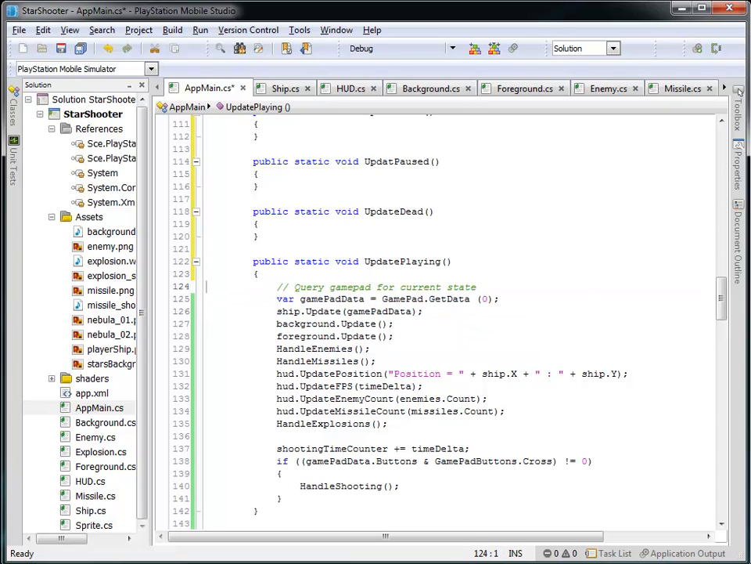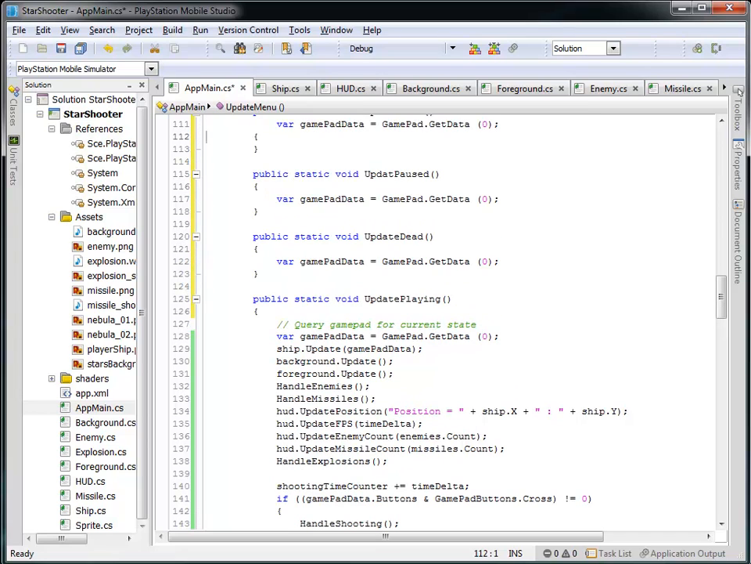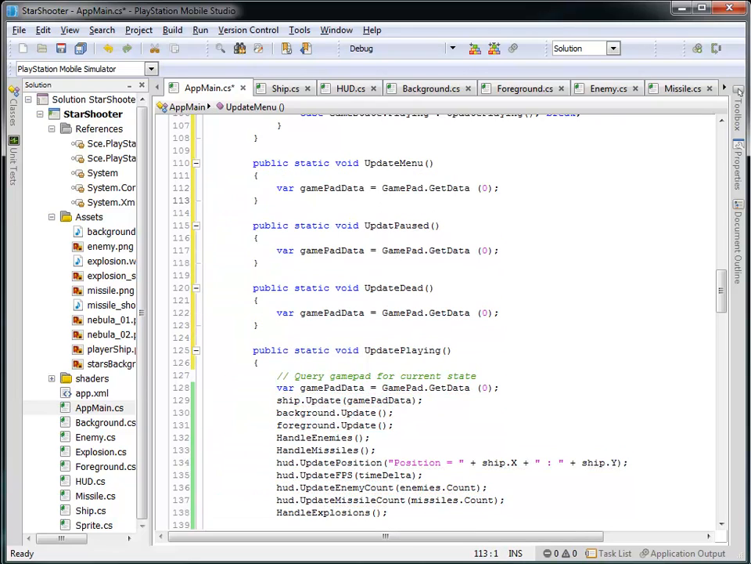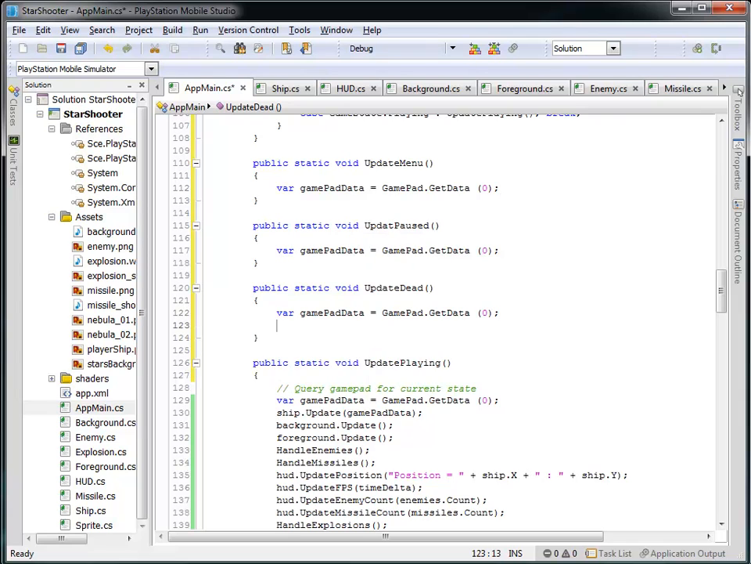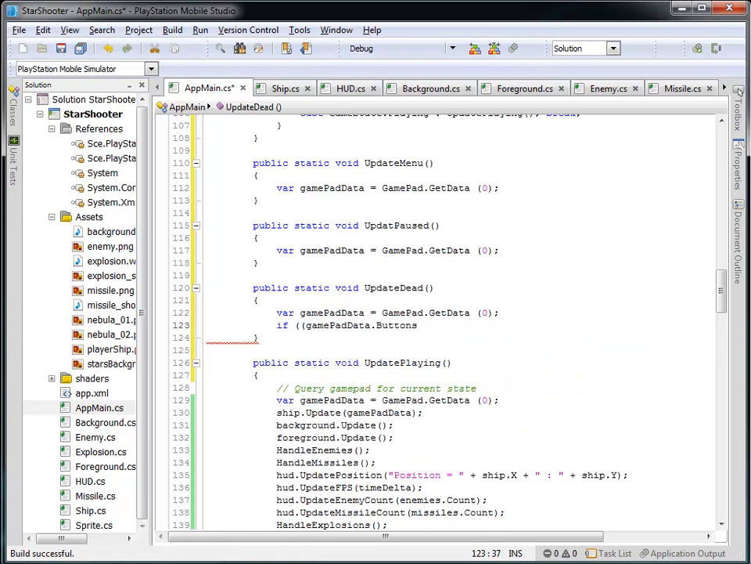Let's go ahead, and I do want to examine the buttons that are being pressed for each one of these. Right, so I'm going to go ahead and say gamepad data equals gamepad.getData of 0 for both the update menu and the update paused, as well as the update dead. And then I want to see, for example, if the gamepad data dot buttons, and like the logic we've done before to test to see if a button is being pressed, gamepad buttons dot,